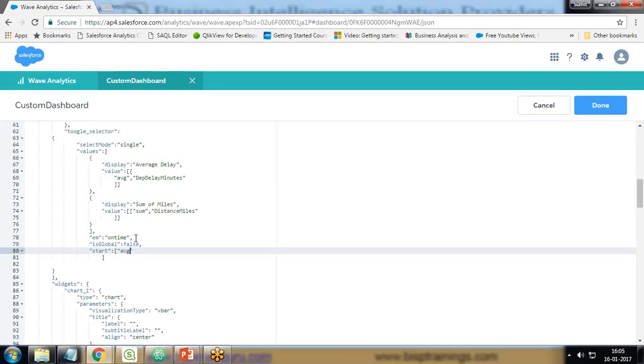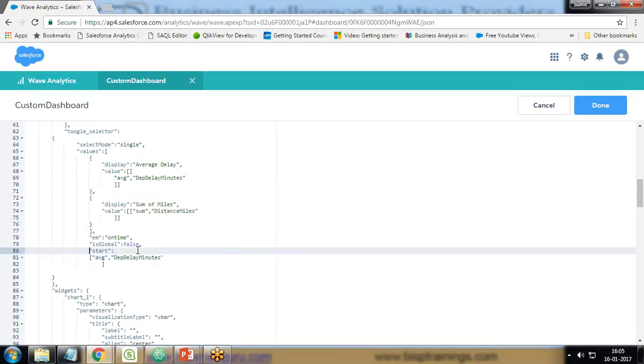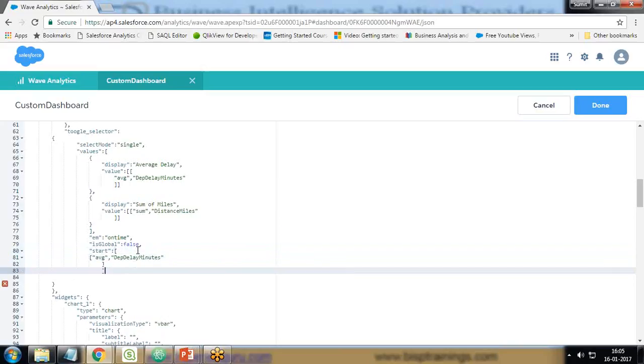So by default it will be calculating average departures delay minutes. This will be the default value. So be very careful while defining the syntaxes, because,